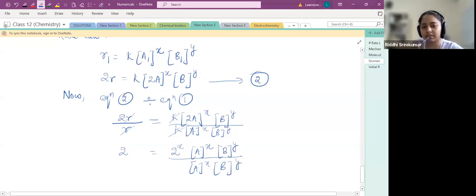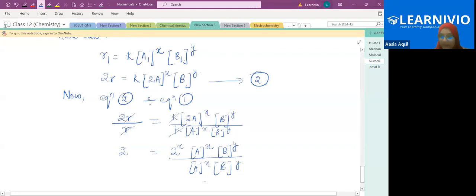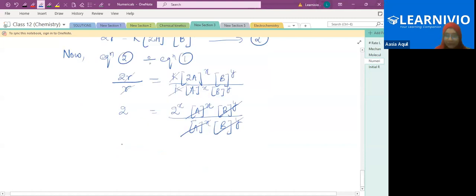We can cancel. We are going to cancel it here, right? Because I have just split 2A and written 2 raised to the power x into concentration of A raised to the power x, right? So everything will be cancelled and we have got 2 raised to the power x is equal to 2, means